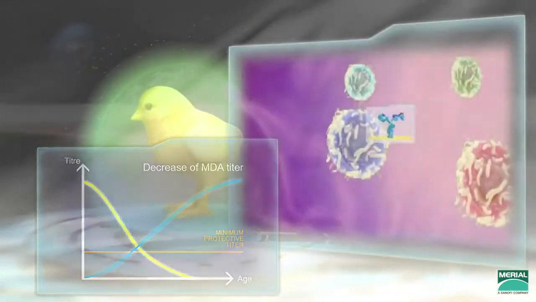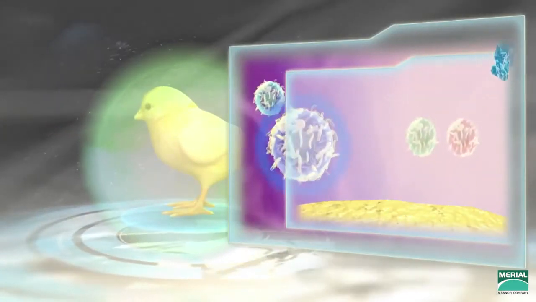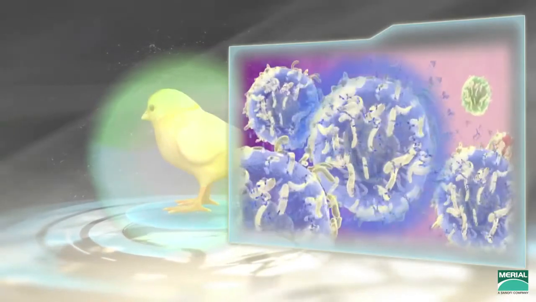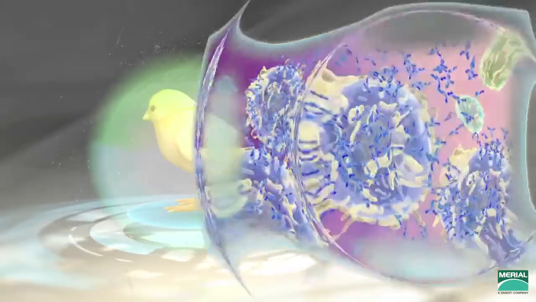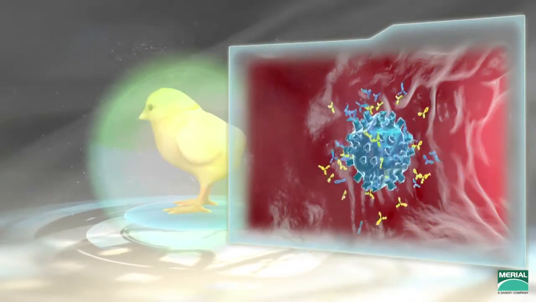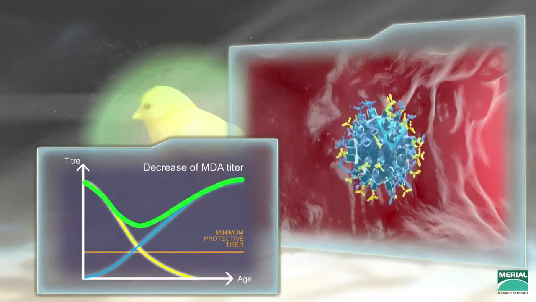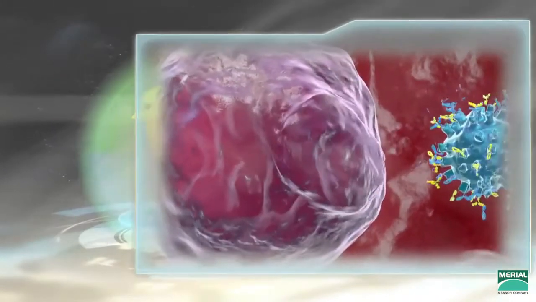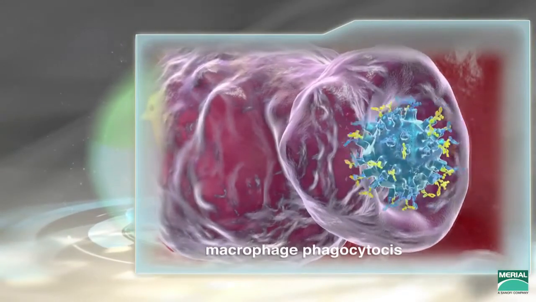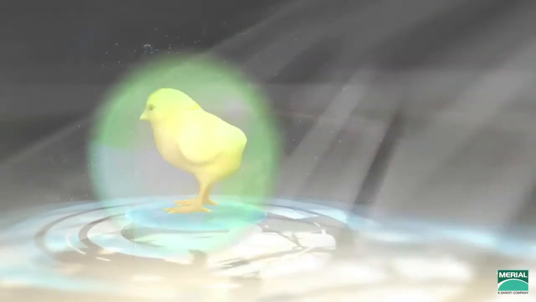The B cells, whose immunoglobulin receptors recognize the VP2, are activated, they multiply and change into plasmacytes, which secrete new IBD protective antibodies, progressively replacing the maternal antibodies with no immunity gap. The overall level of antibodies will never fall below the protection threshold, thus preventing the field IBD virus from attacking the bursa, whether it is a classic, variant, or very virulent virus.